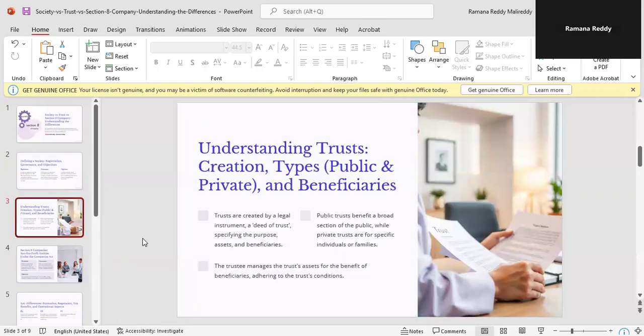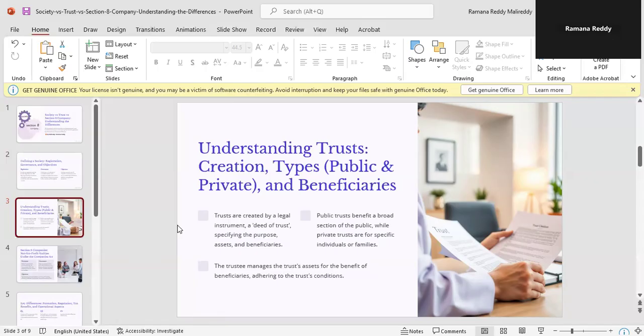Understanding trusts: creation, types, beneficiaries. In a public trust, the beneficiaries are the public at large, and in a private trust, the beneficiaries are individuals and family members. Trusts are created by a legal instrument called a deed of trust, specifying the purpose, assets, and beneficiaries.